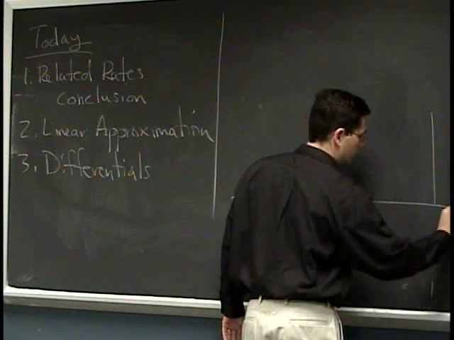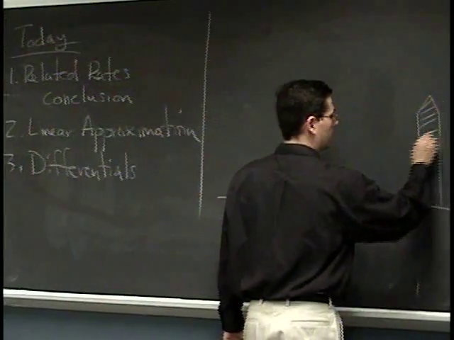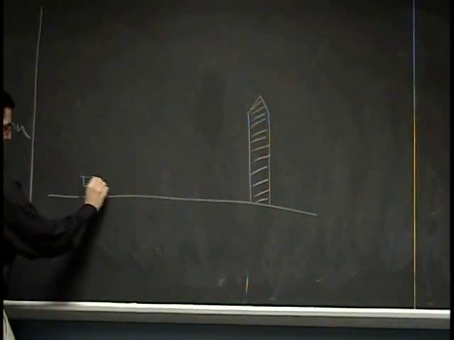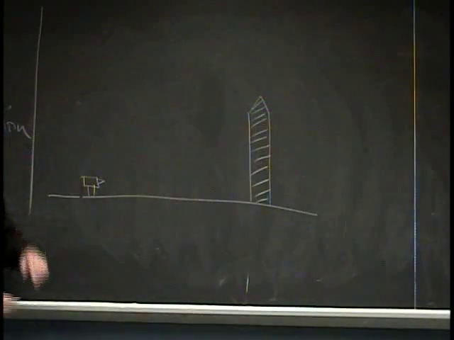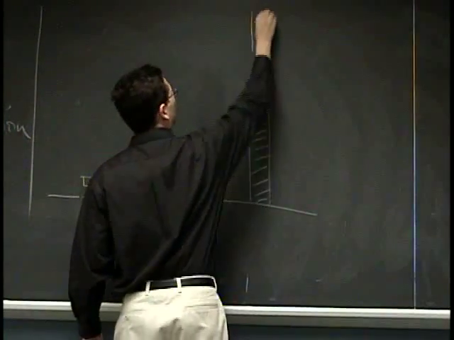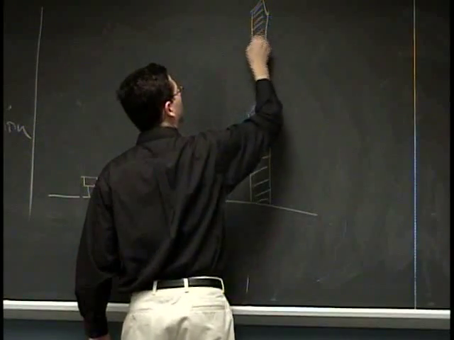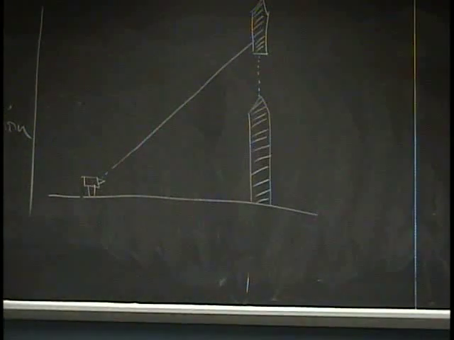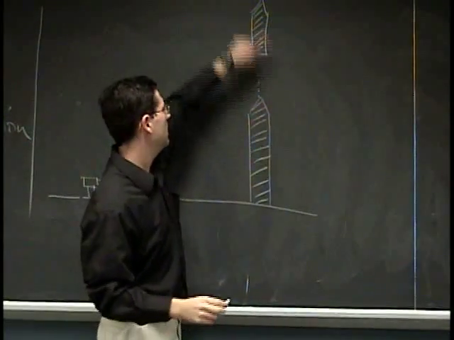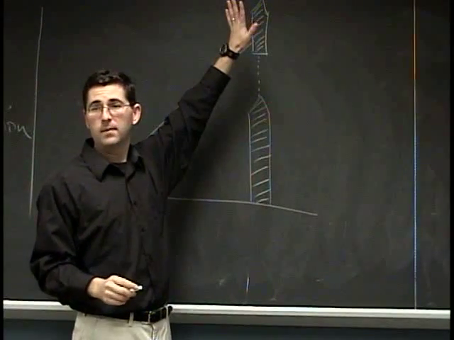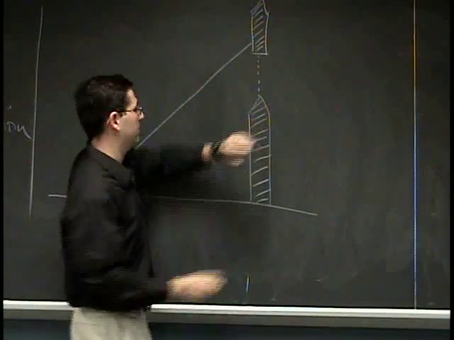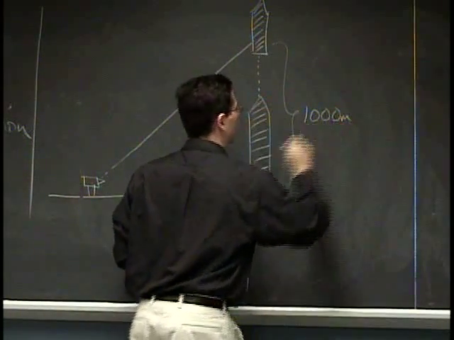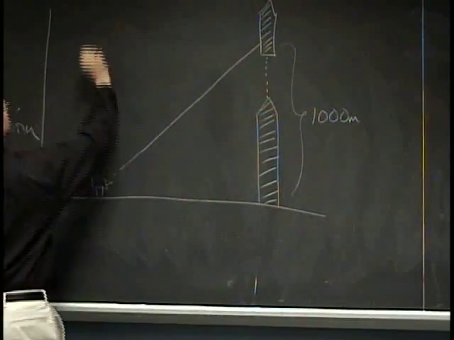And the example had a rocket ship which was blasting off into space, and we had a camera over here which is watching the rocket ship blast off into space. And we computed, for instance, the change in height with respect to time, at a given height. So we said, okay, when the height was actually, I think it was 1,000 meters. Okay, so when this height was 1,000 meters,